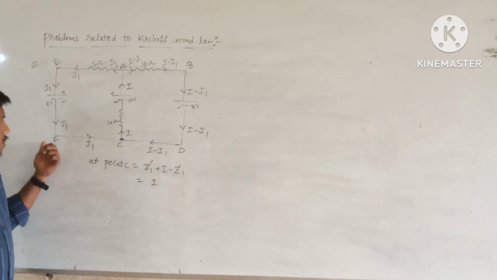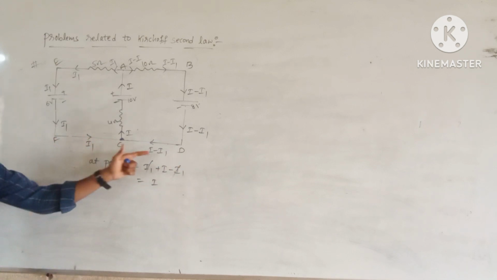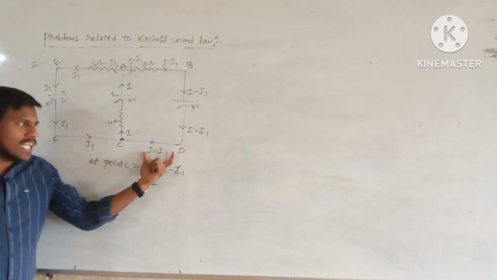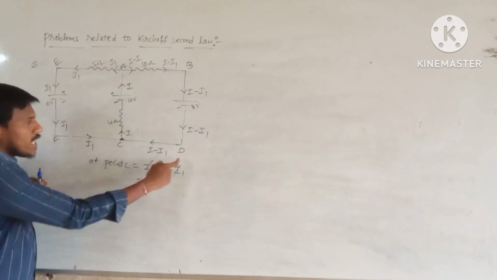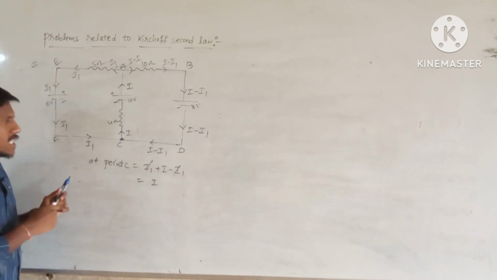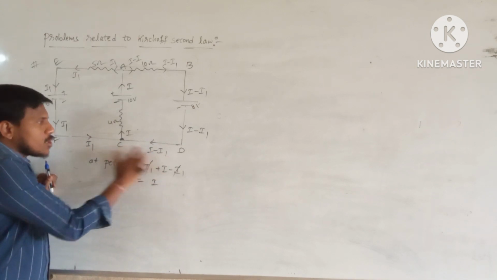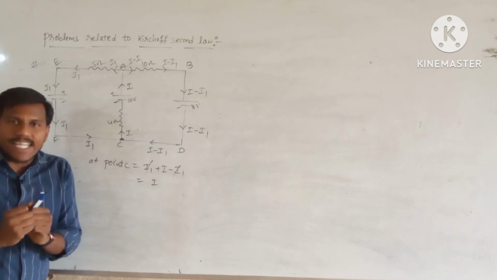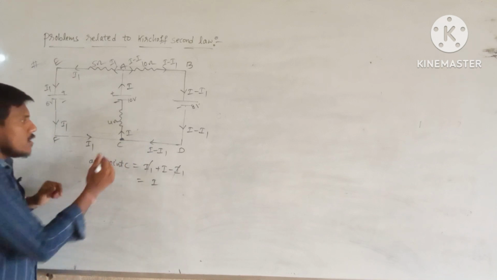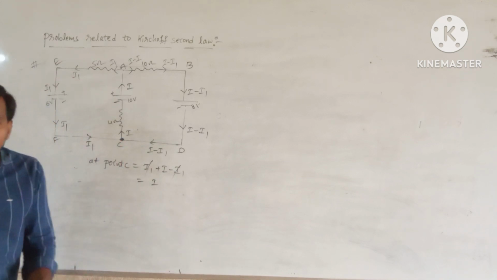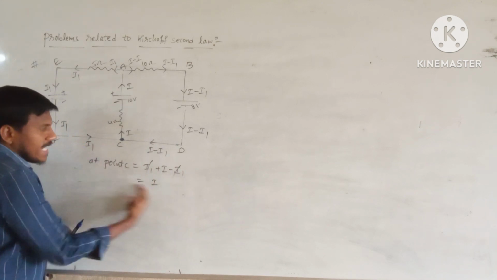So observe the path FD. In the path FD, two currents are flowing: one is I1 current, another is I minus I1 current. These two currents flow opposite to each other, and at the same time both move towards point C. That's why I am adding these two currents. After we add them, we get the same value of current going away from point C. So finally, what is the net charge at point C? 0, according to Kirchhoff's current law. So according to Kirchhoff's current law, I am writing like this.